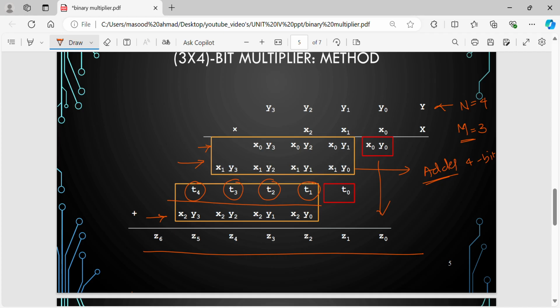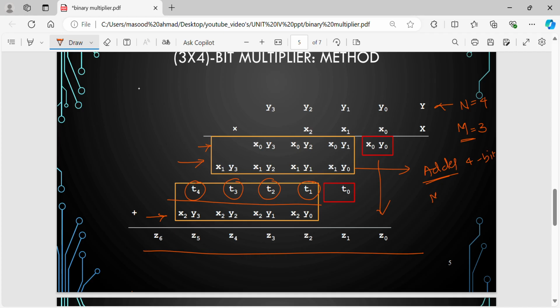And the number of addition processes that we are doing is m minus 1 times. What is m minus 1? It is 2, since here m is equal to 3, and m is the multiplier. So 2 times I need a 4-bit adder to add the partial products that we have got, and we are trying to get the overall final product for the